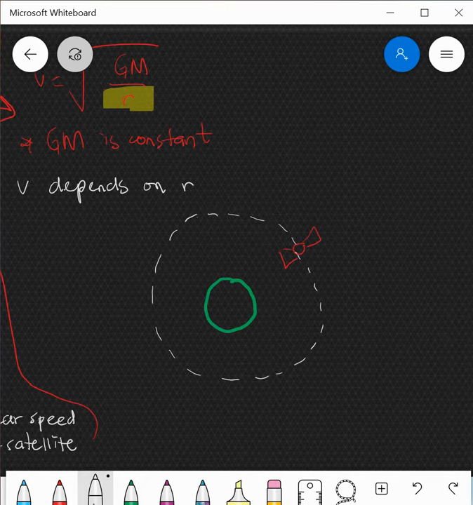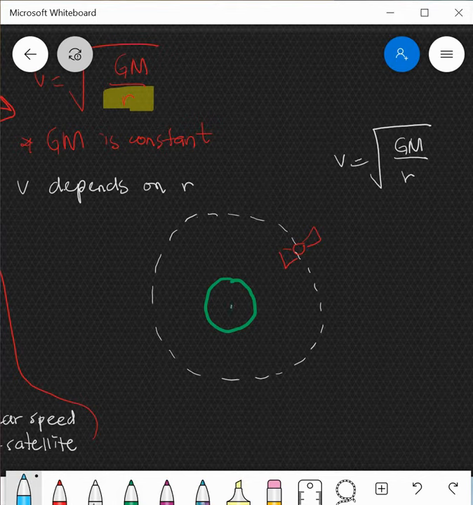Okay, so now you know the formula V equals square root of GM over r, where r is the orbital radius. Orbital radius is from the center of the Earth until the orbit, this is r. If we want to be more specific, this r is actually